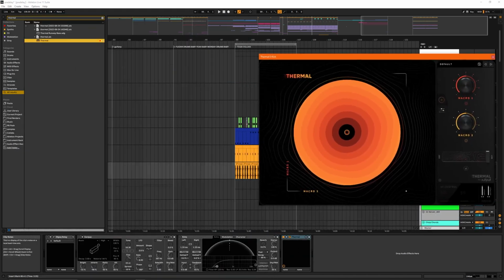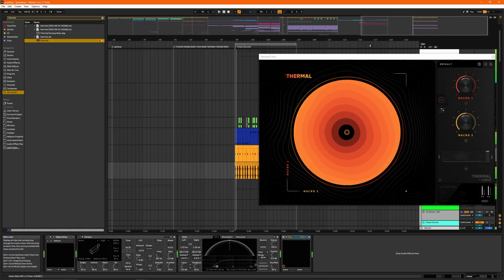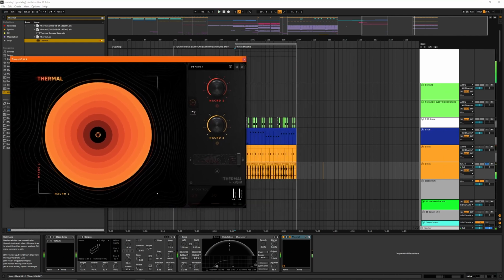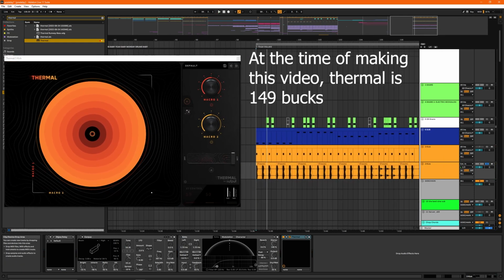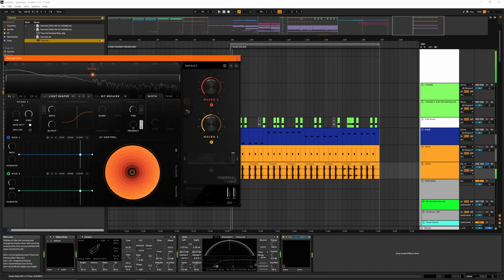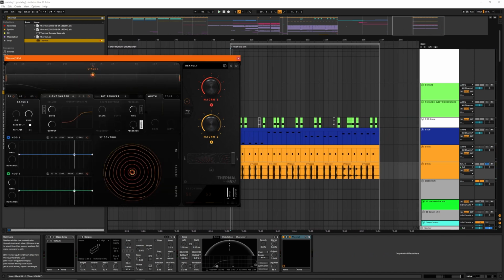This is Thermal. It's very good. You should buy it. I think it's $130. I'm not really sure, but it's good nonetheless. It's supposed to be a distortion plugin, but I like to use it for its feedback. So what the feedback here is doing, it's like a delay, obviously, but every single time that the delay goes back onto itself, the distortion is being reapplied once over. So if I turn the feedback up here,